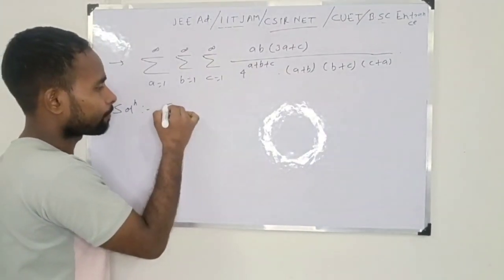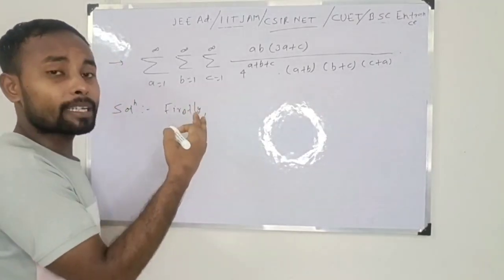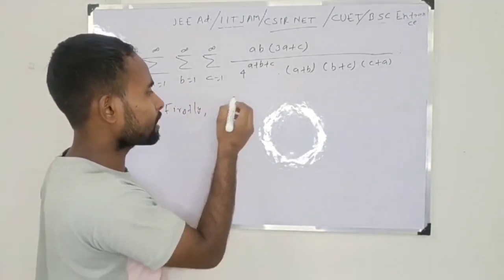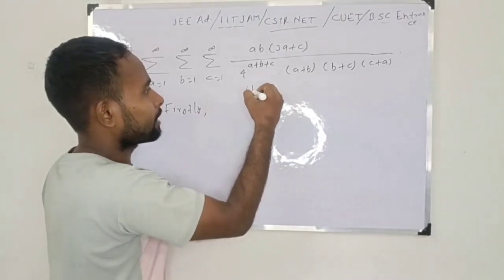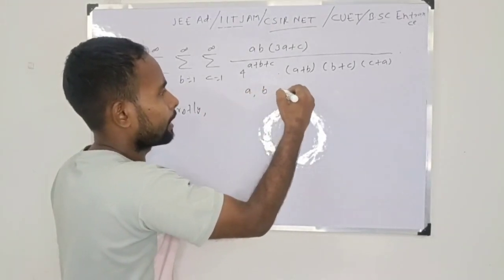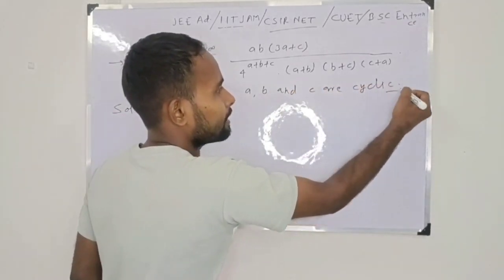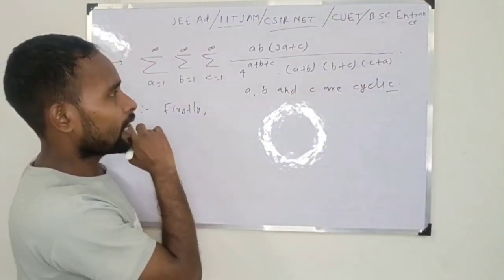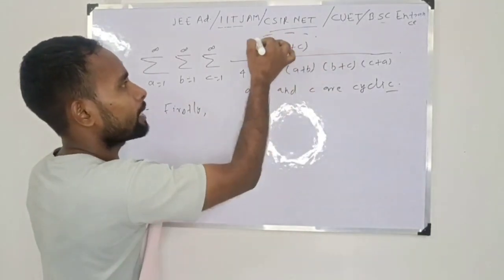Firstly, write here: a, b and c are given in cyclic format. So you have to write that it is cyclic form, that means a, b and c are cyclic. Now see here, a, b and c are cyclic. Now if a, b and c are cyclic, firstly, if you see the numerator section,